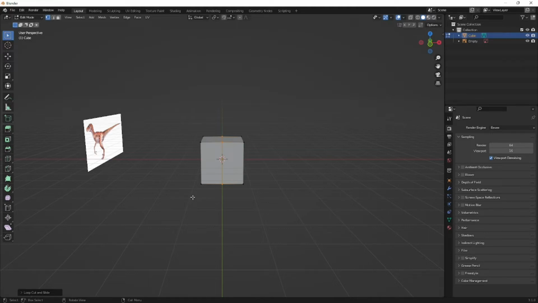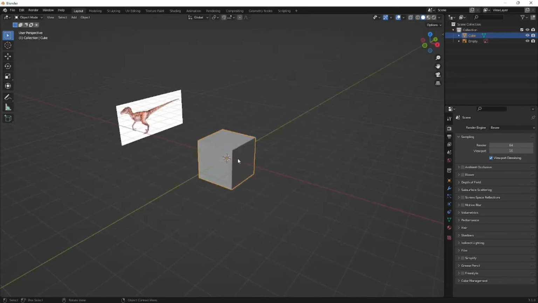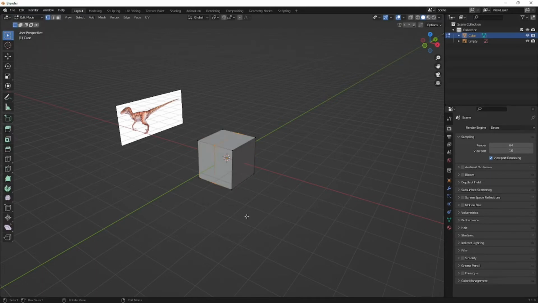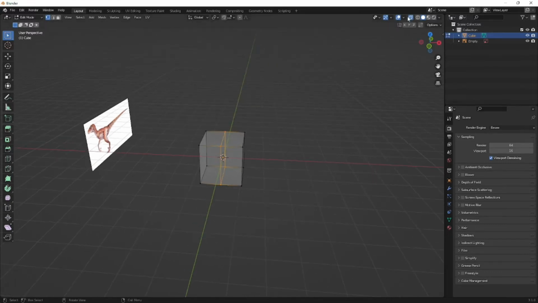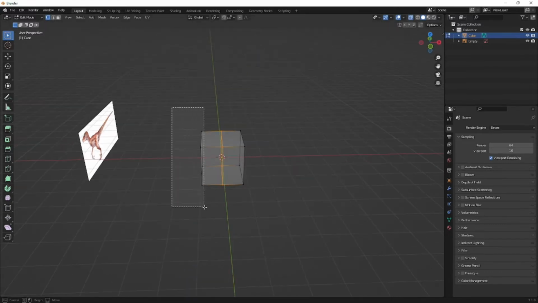Okay. Then press Alt Z. I can't remember the image, but if you press on the object and you press Tab, you can go into edit mode, or you can go up here and go to edit mode. But you press Alt Z, or you press that above, you highlight the,